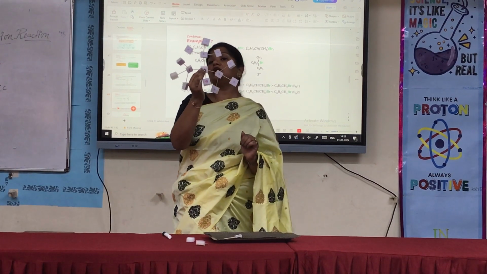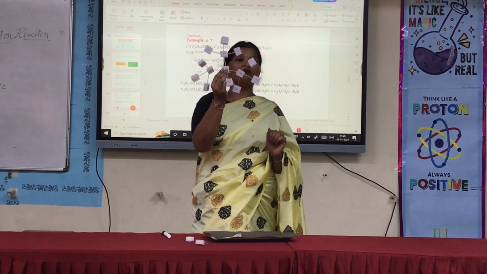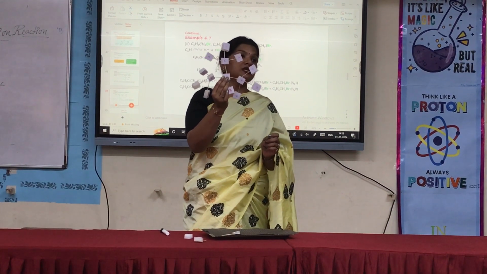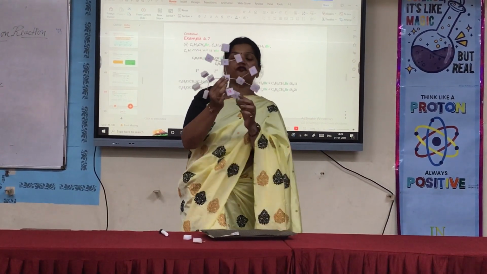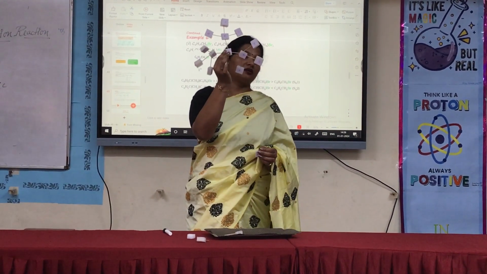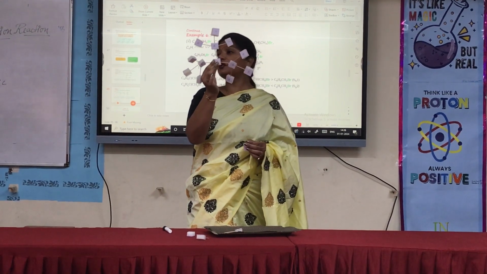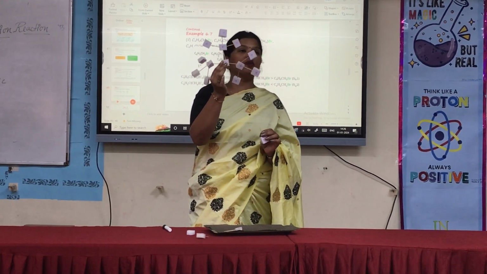So 3 degree haloalkane cannot go through the SN2 mechanism. This is the reason that it will first form only the carbocation, and then it will follow the SN1 mechanism. Is it clear to everyone?